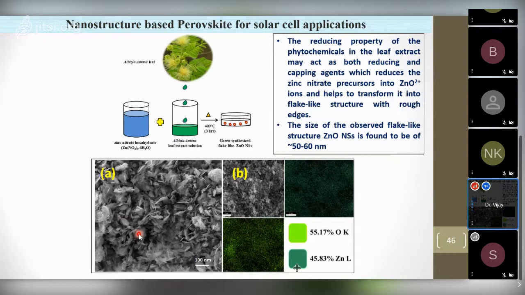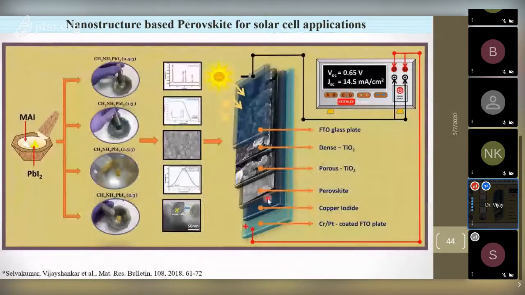So the titanium dioxide's limitations are overcome by combining zinc oxide nanostructures. That's why we introduced this in the whole transport layer region. So it enhances the electron transport because of the combined zinc oxide and titanium dioxide layer in this type of arrangement, like in a multi-junction arrangement.